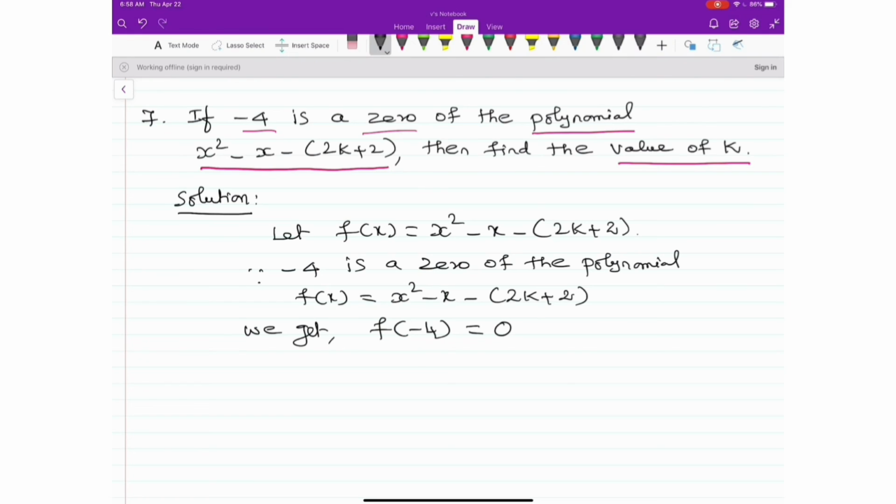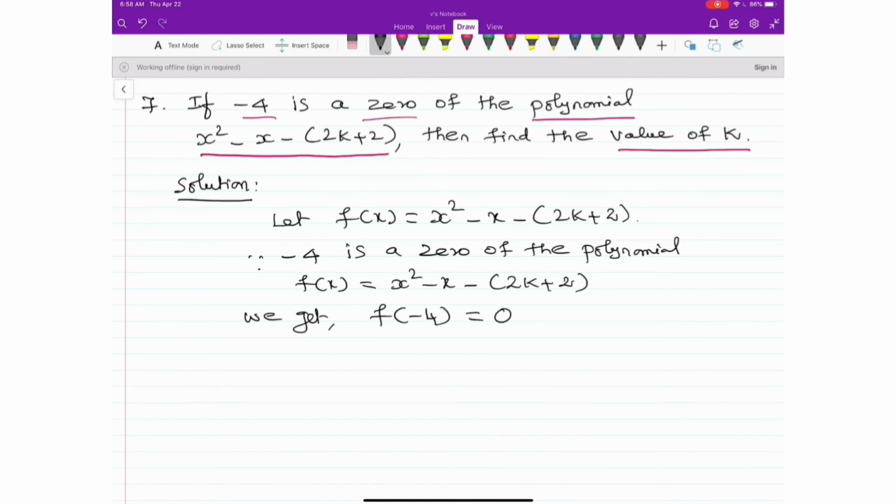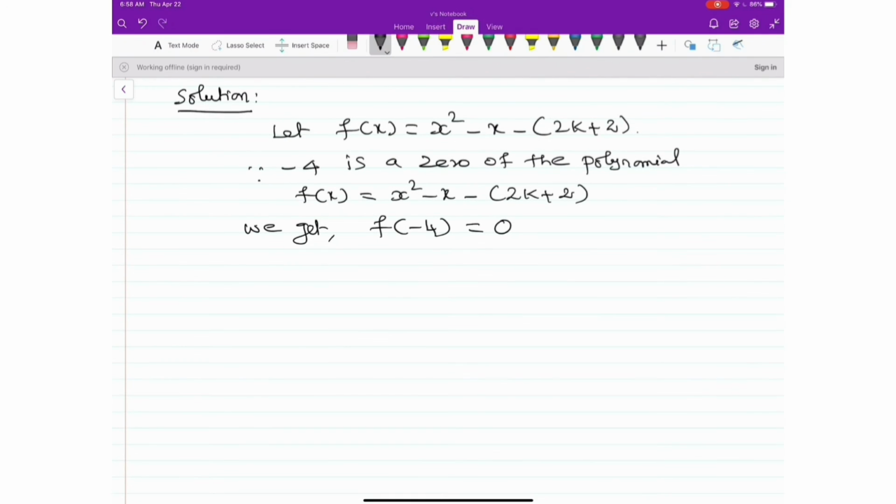That is, the value of the polynomial at x equal to minus 4 should be equal to 0. Minus 4 is the 0 of the polynomial. This implies wherever x is there, you replace it by minus 4. So you will be getting